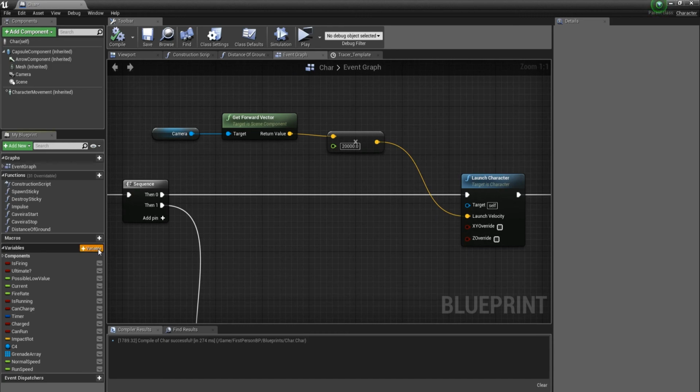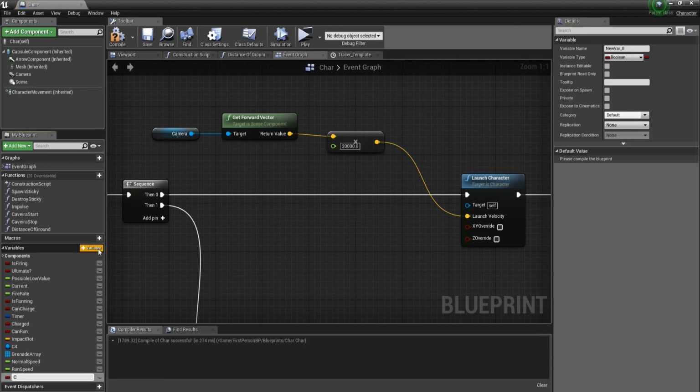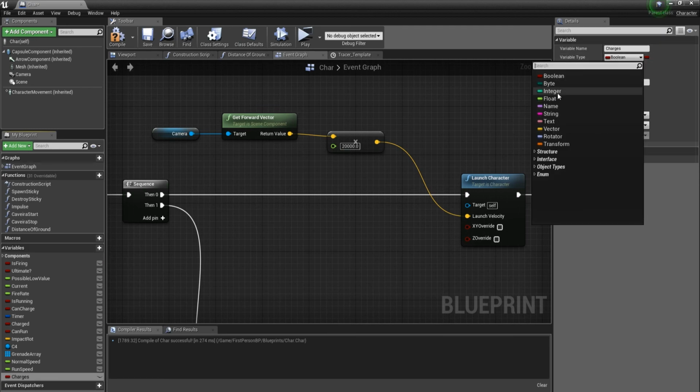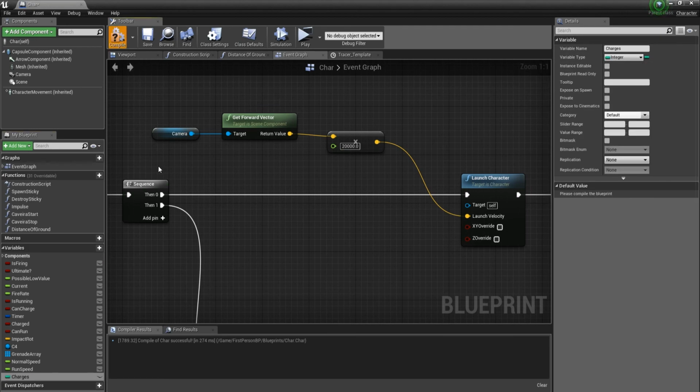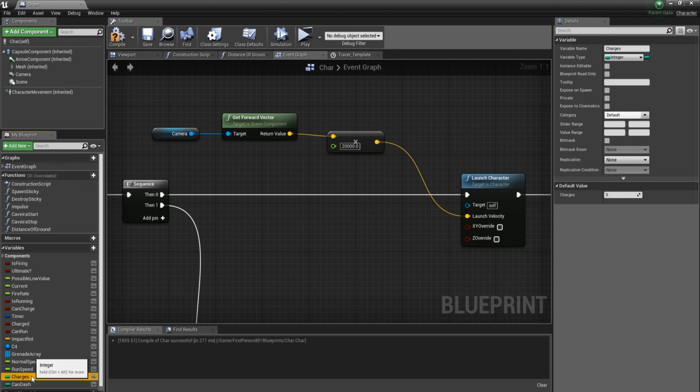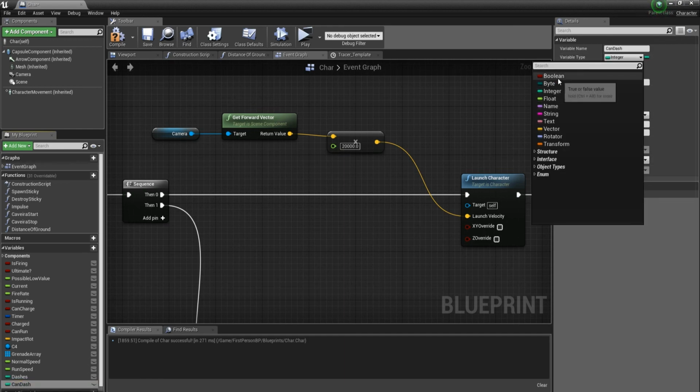So let's create a variable. I'm going to call these charges, even if it might not really be a charge, and I'm going to make this an integer, and I'm going to set the default value to be 3. I'm going to create one more variable, and that is going to be can dash, and I'm going to rename the charges variable to be dashes. Okay, so make the can dash be a boolean,